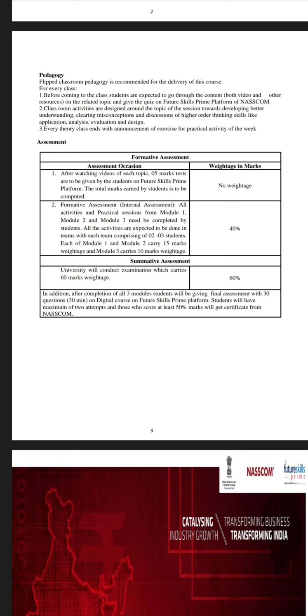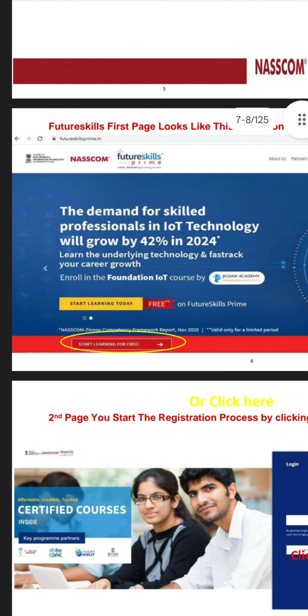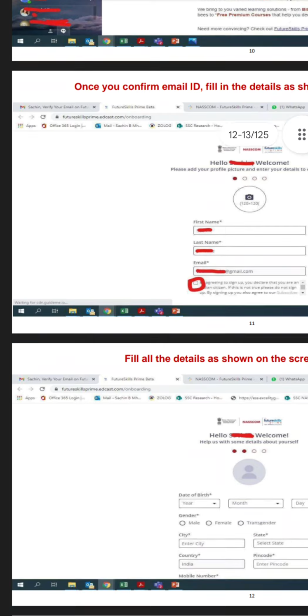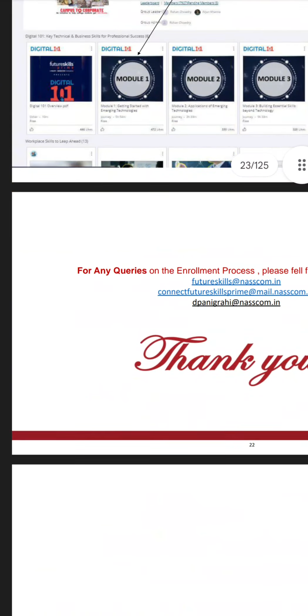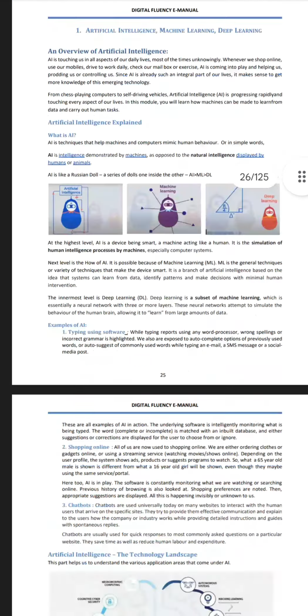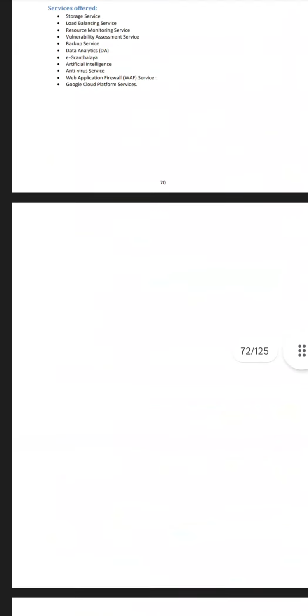The university will conduct the examinations. Let us see whether they are mentioned in this textbook or not. Then I will just scroll down over here. Mm, I think there is nothing. They have just mentioned the syllabus over here. Here is the syllabus we started with, and let me go to the last one.